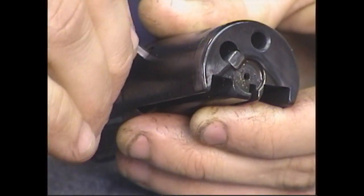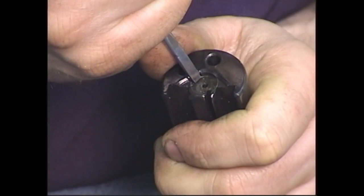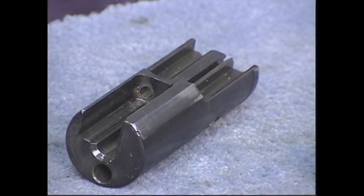Tighten down your Allen screw. Good and tight. Now double check your extractor. Make sure it has some spring. It does. Turn it on its back, and we're ready to